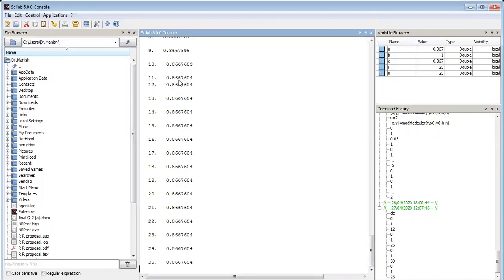In the bisection method I got the same answer after the 23rd iteration. The 22nd and 23rd iterations were the same. So that is the difference. You can say that the regula falsi method is faster than the bisection method. This you can conclude from this. Okay. Now after this, we take the next program.